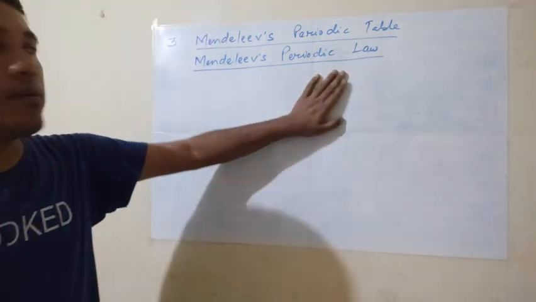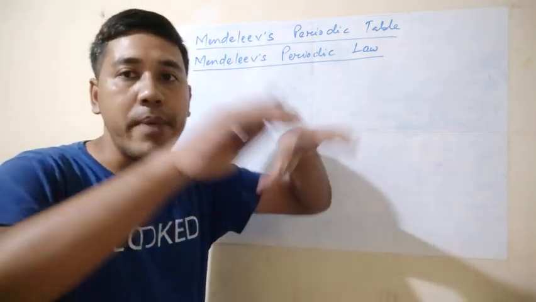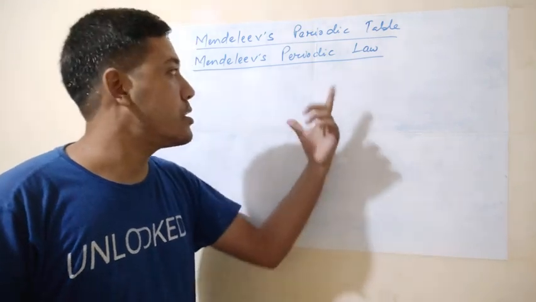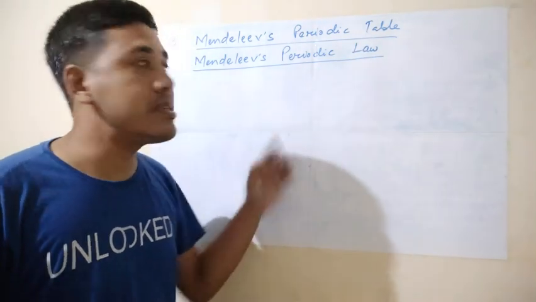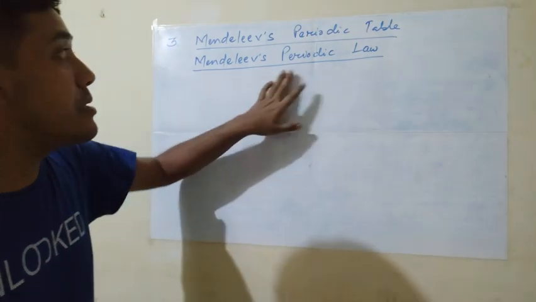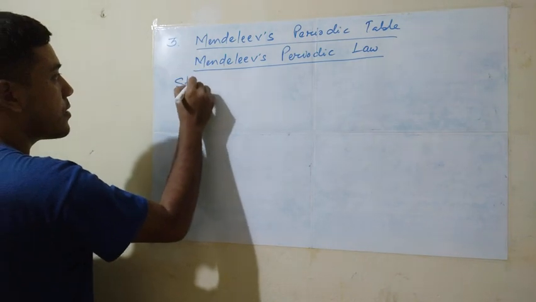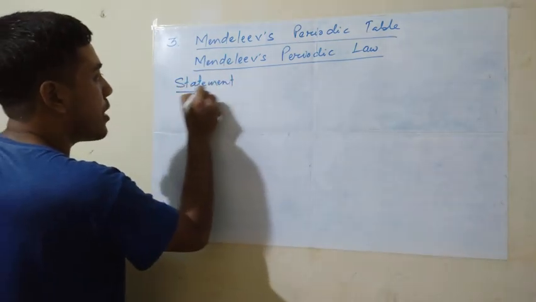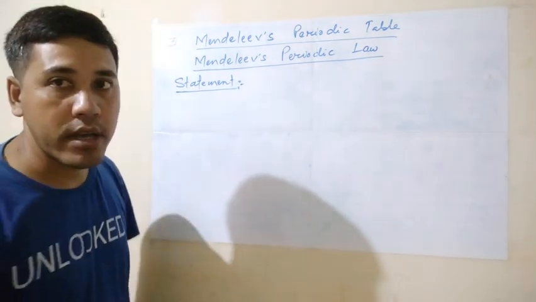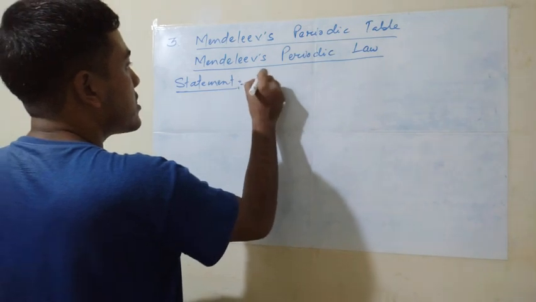Because of this law, that is Mendeleev's periodic law, he used to classify the elements. Based on this law, what does Mendeleev's periodic law state? This is one of the most important parts of this chapter. It states that